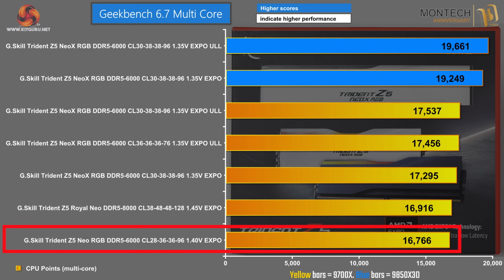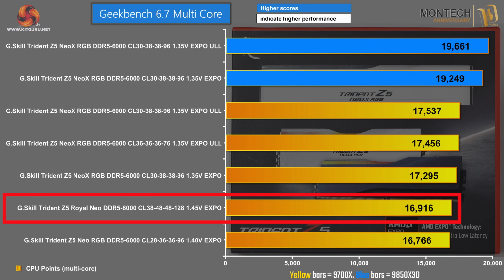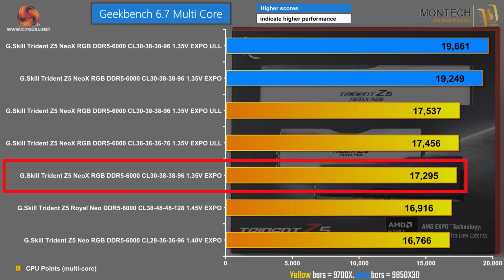And the score is 16,766. Above that, we have the Royal Neo DDR5 8000 CL38, scoring slightly higher. And then we step up to the Trident Z5 NeoX. This is the CL30 model with SK Hynix chips running on regular EXPO, not ULL, and the score is